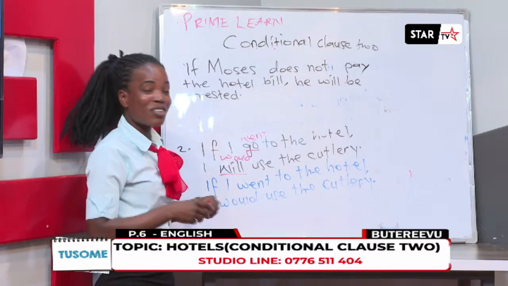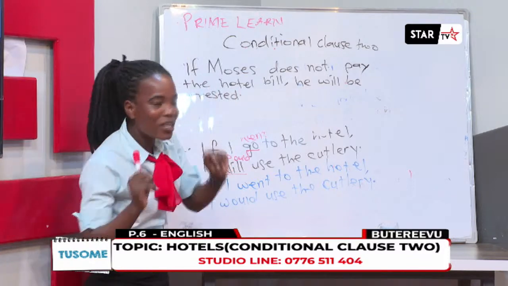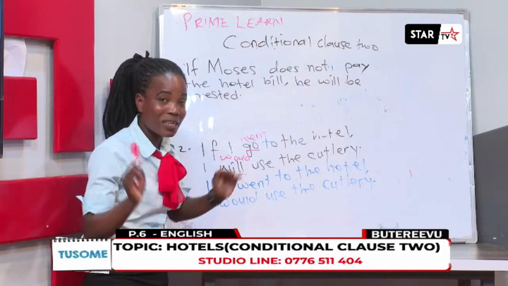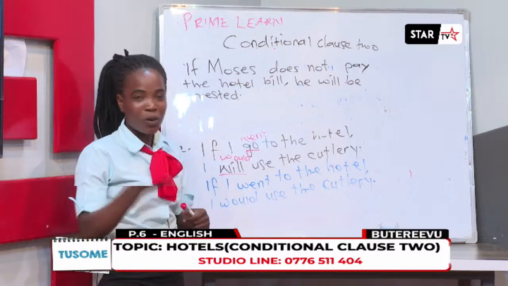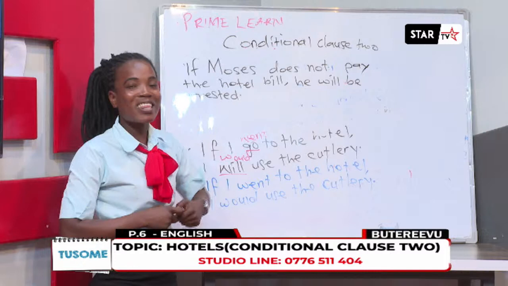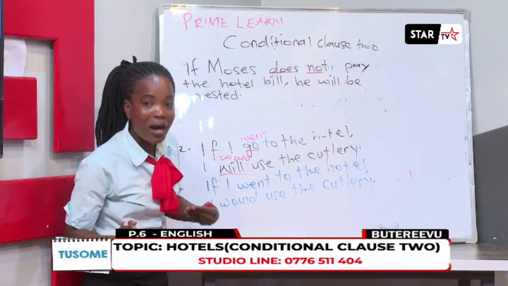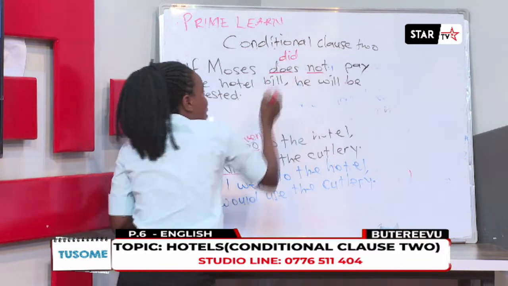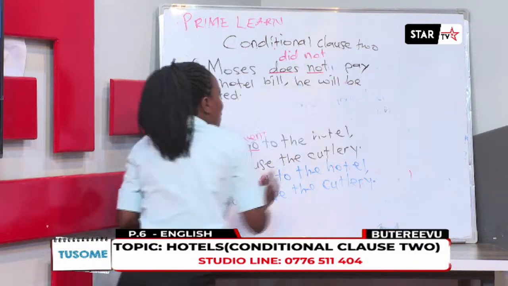As I told you before, we have to ensure that we express the if clause in the simple past tense and the main clause in the past future. Therefore, my precious viewer, the advice I've given you is to first identify the verb given to you in the if clause. And that verb is "does not". What does this one change to in the past? "Does not" will become "did not". Still write these two words separately. Write "did" alone and "not" alone.